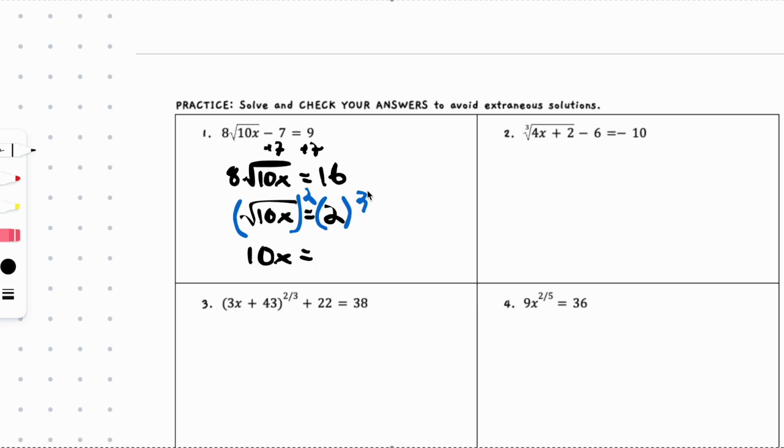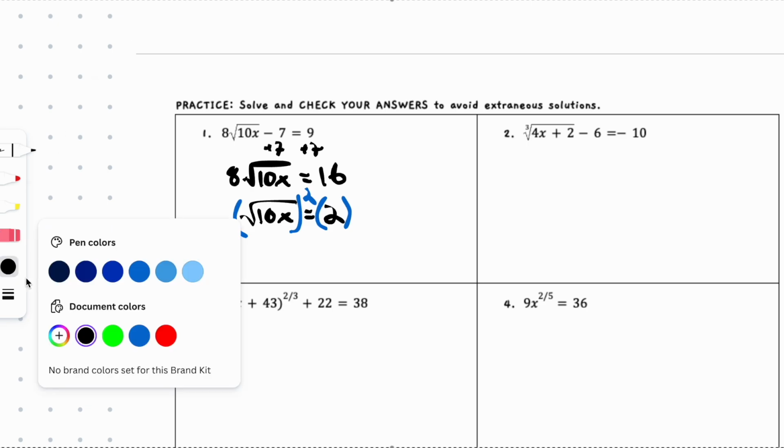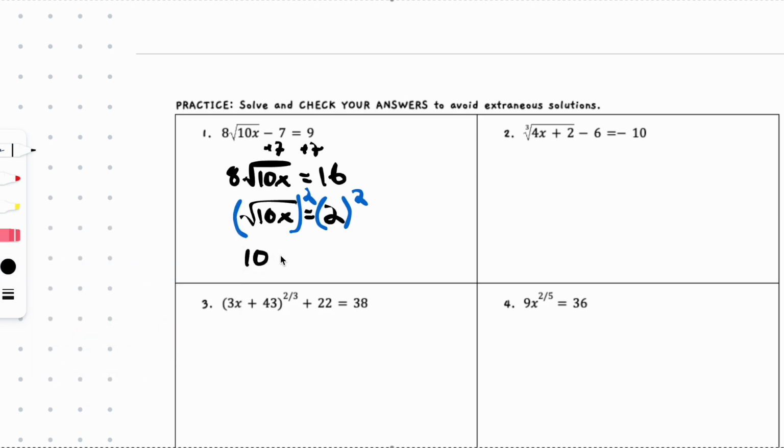Now when we square both sides, because squaring gets rid of this radical, we get 10x equals, oh, that looks like a 3. I think I need to go back, I'm sorry. When we square both sides, we end up getting 10x equals 4. We solve for x by dividing both sides by 10, and we get x equals 4/10, which is the same thing as x equals 2/5,